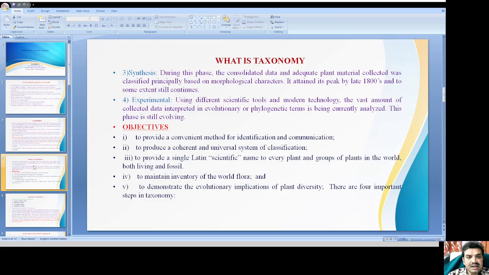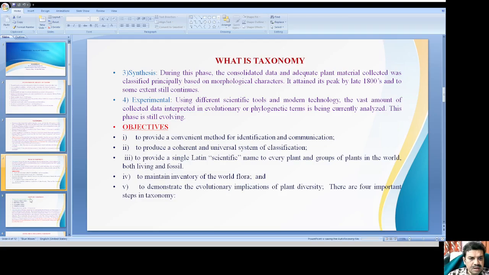Then, to maintain an inventory of the world flora for further research and development, and last but not least, to demonstrate the evolutionary implications of plant diversity, because of the general appetite to know which plants evolved on the planet first, which plants are followed by other plants, and so on. So, the predecessor-successor relationship is very important in this particular